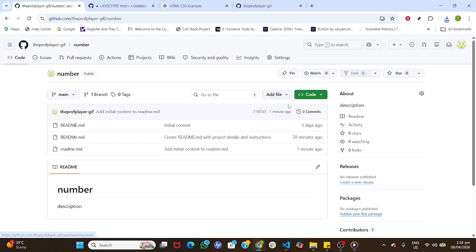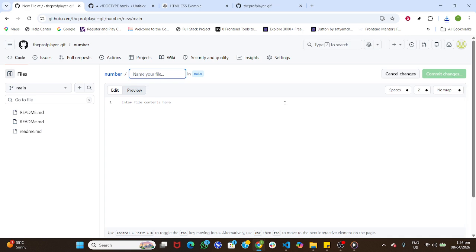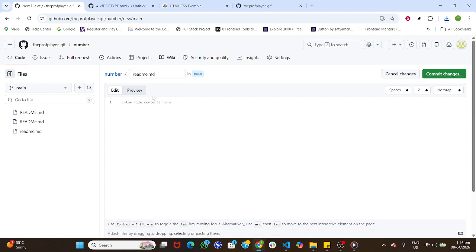To create a new folder using the web interface, click the Add File button near the top right and choose Create New File. GitHub creates folders when you type a path in the file name box, so in the Name Your File field, type your new folder name, followed by a /, and then a file name. For example, you might type something like docs/readme.md. The / tells GitHub to create the folder, and the file name ensures the folder isn't empty, because Git